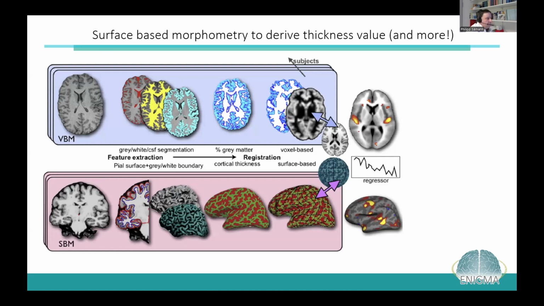Here, you use the original image information to create more statistical geometric objects, so-called surfaces or planes, between tissue compartments. So one plane is representing the border zone between white matter and gray matter,